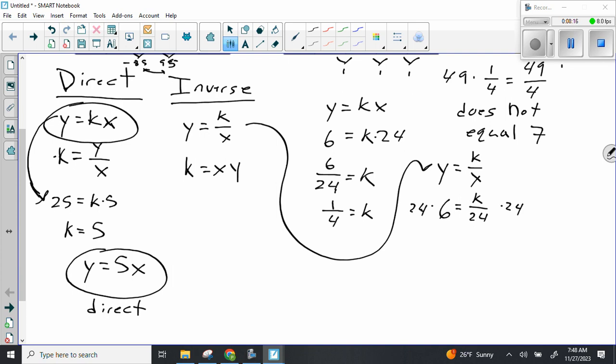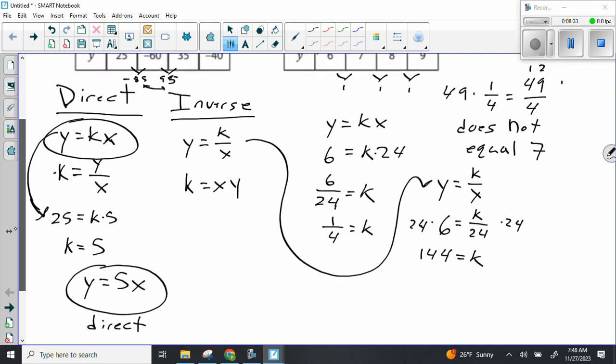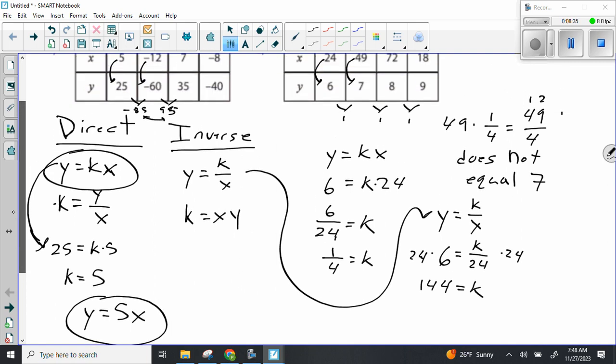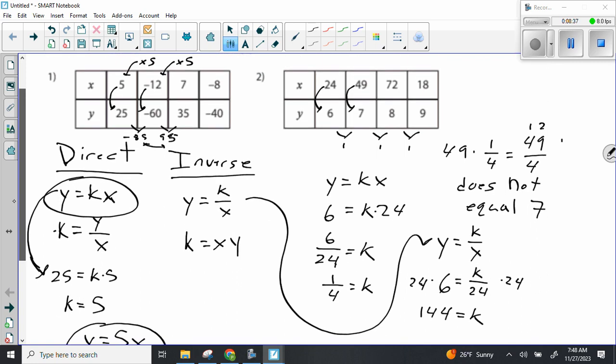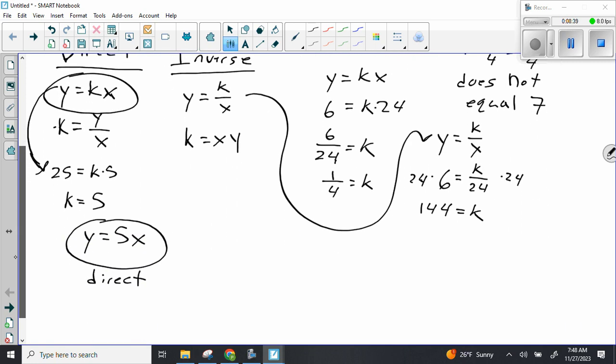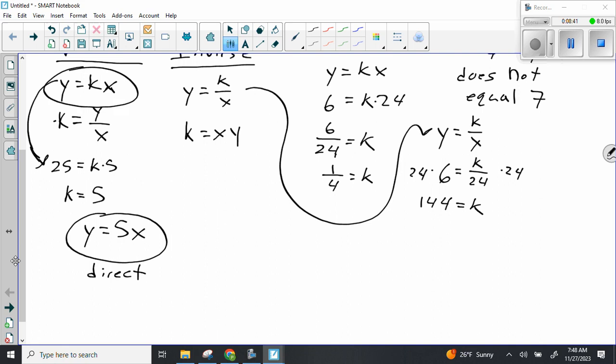Six times 24 is 80. Sorry, my bad. 120 plus 24, or 144. Is it the case that, so does this fulfill, let's say k is equal to x times y, our x value,